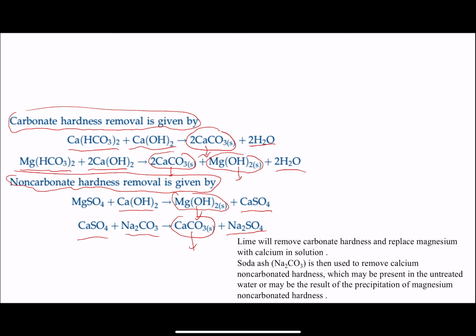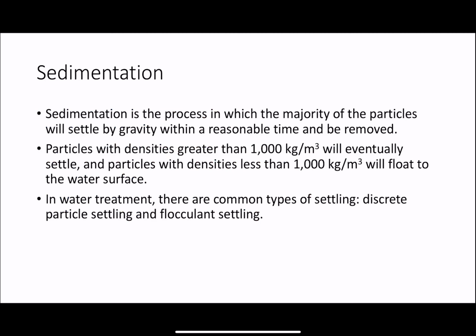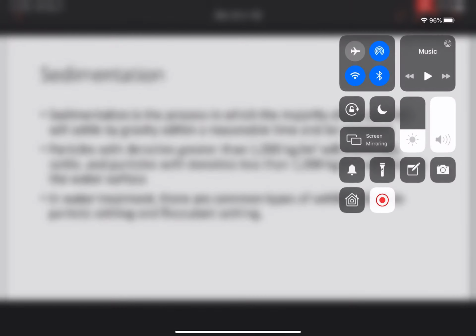This soda ash, you can see, was used to remove calcium non-carbonate hardness. This might be present in the untreated water, or may be the result of precipitation from the magnesium non-carbonate hardness. Okay, so we will stop at this point because this is going to be the next